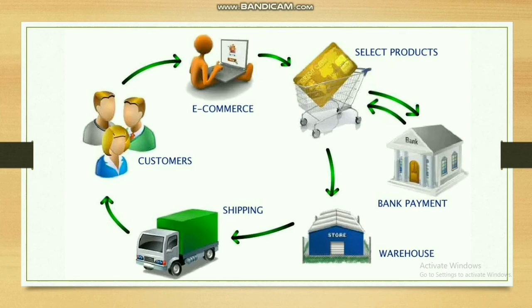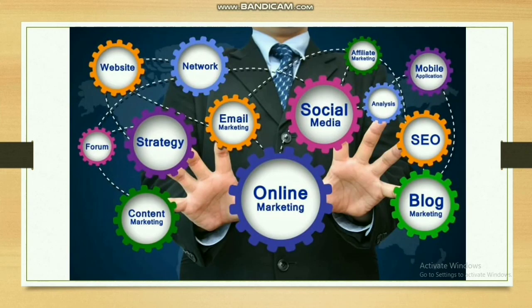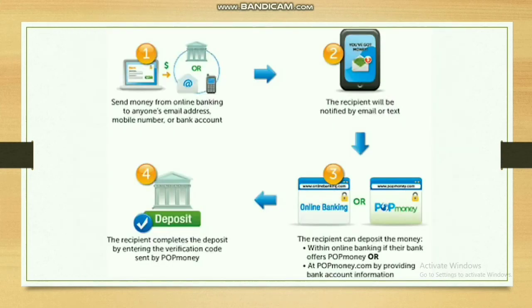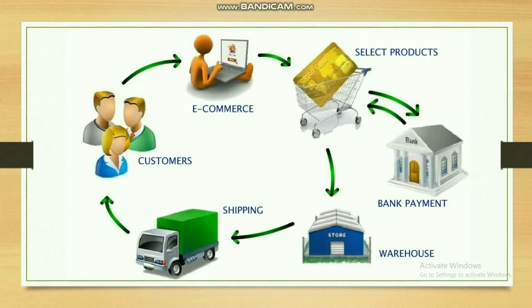Once again, I will explain each term. Online marketing helps you to identify that a product is available at a specific price, and this says that it will be sent to you at this price free of charge or with shipping charges. Okay, all this is being done with the help of the internet. Look, exactly this diagram shows what e-commerce is.